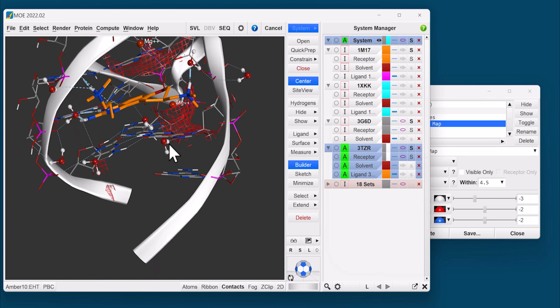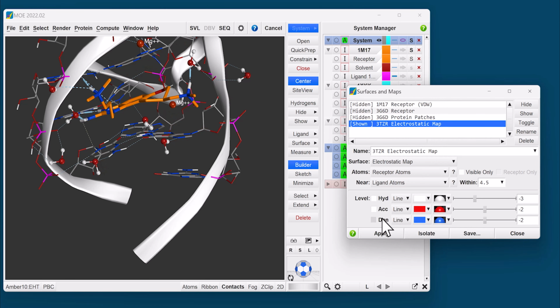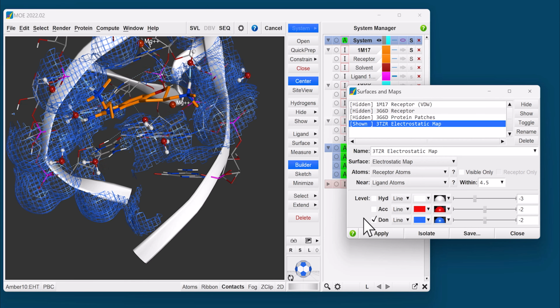Here I see two hotspots originating from the magnesiums. In this case, the ligand is not satisfying the hotspot in the sense it's not touching. This, however, presents an opportunity to modify the ligand so that we could pick up an interaction with one of these hotspots. Finally, I'll toggle to the blue donor hotspots, and here I can use the energy slider to display